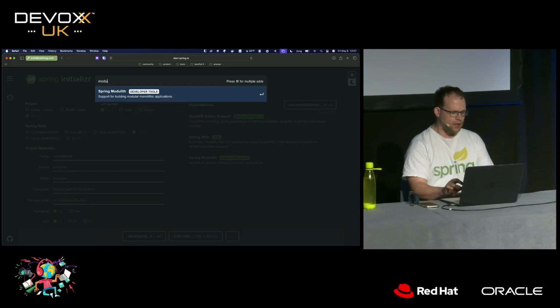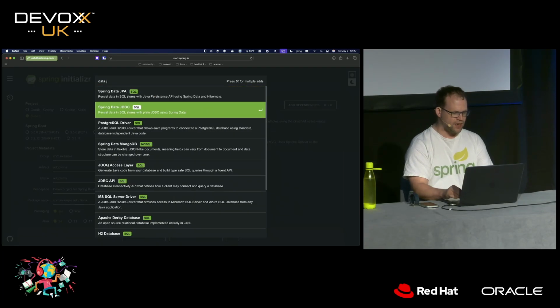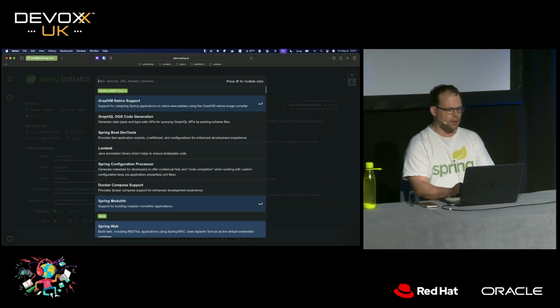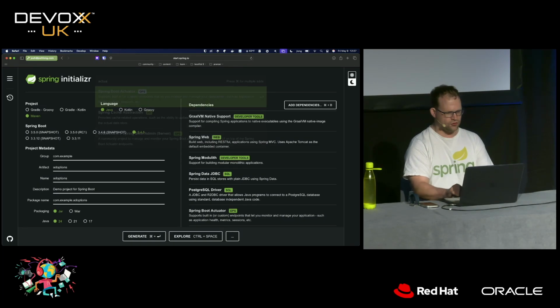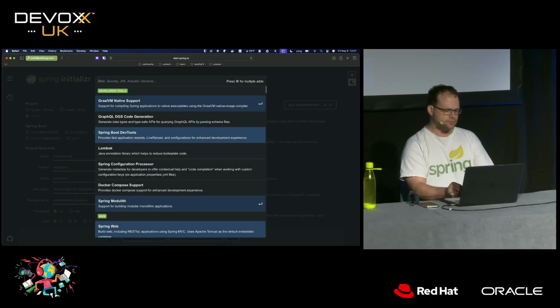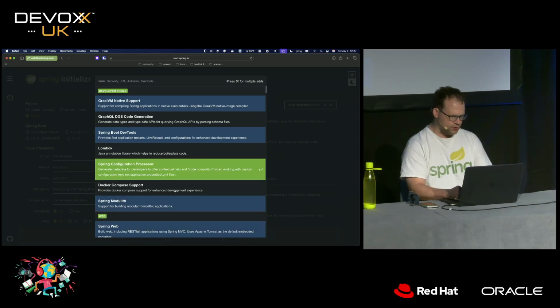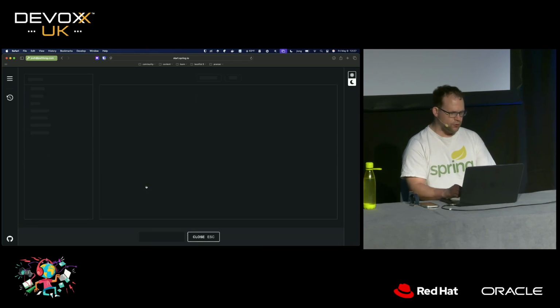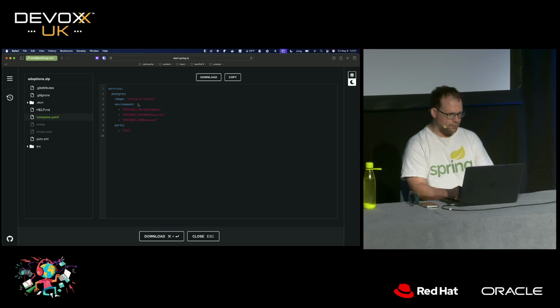We're going to bring in a database. I'm going to use Spring Data JDBC. I'm going to use Postgres. I'm going to use Spring Boot Actuator, maybe. Yeah, sure, why not? I'll use DevTools. And you know, what else do I need? I think I want, you know, you can actually get a database if you use Docker Compose. You can actually just hit Docker Compose, and it'll generate the